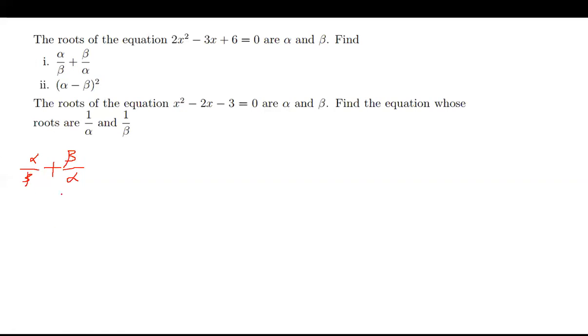So when you have such a question, you first have to express this as a single fraction. First of all, you find the common denominator. The common denominator there, you just multiply alpha and beta, meaning you are going to have alpha multiplied by beta. And then you divide this beta into that times alpha. Sorry, you're going to have alpha squared because this and that will cancel, meaning alpha times alpha will be alpha squared. Then this will be plus beta